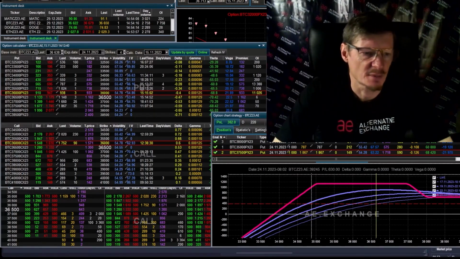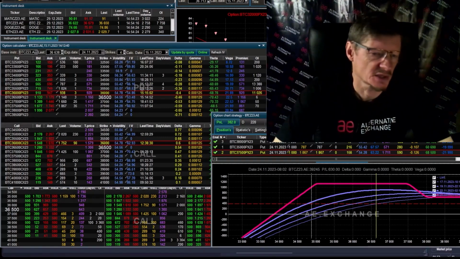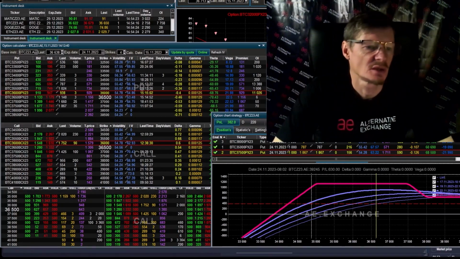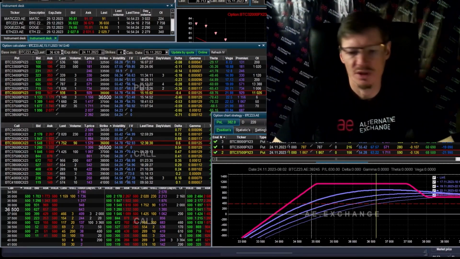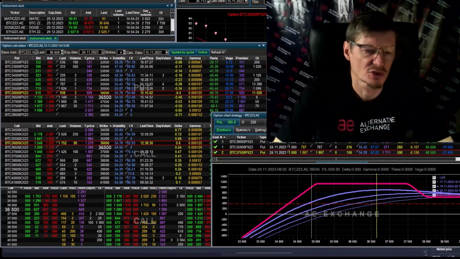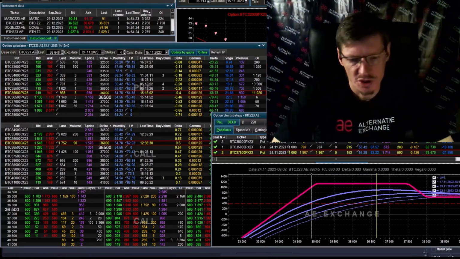To start trading, you need a small amount of money. Options are a very affordable tool. This is not CME, where it takes several $1,000s to provide options and delta hedging. On the AE exchange, options are affordable. Even having 100 USDT, you can open small strategies for Bitcoin and Ether, for example. I believe that AE exchange can be a great launching pad for high-budget trading.